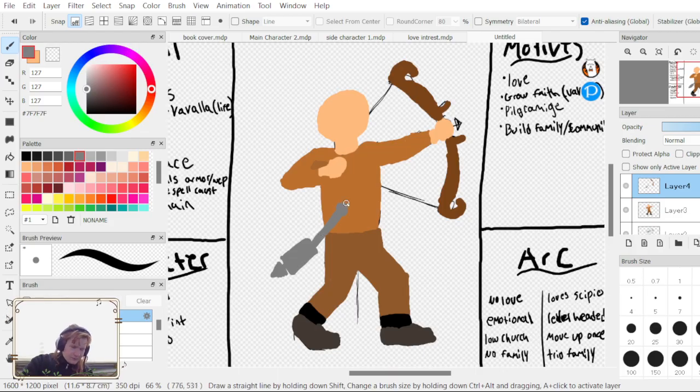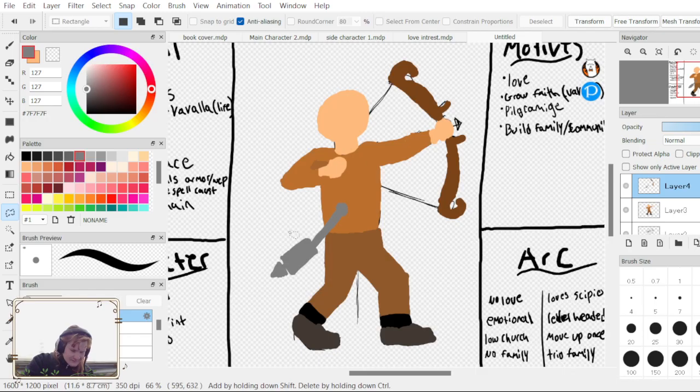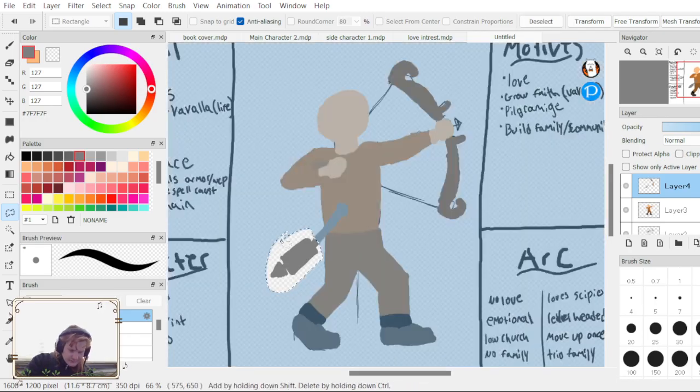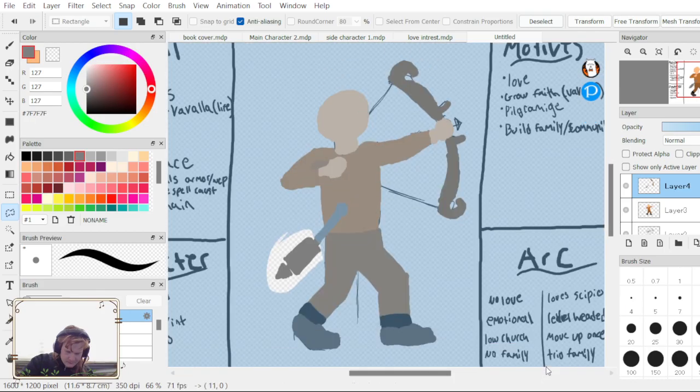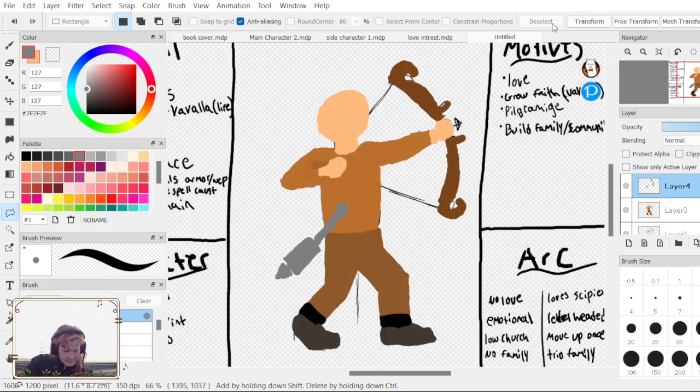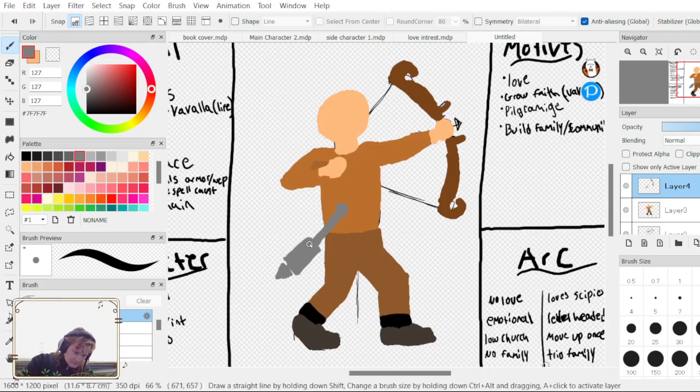That's not a very straight mace. Oh my god. That's... There we go. That looks better. Be affixed to the belt.